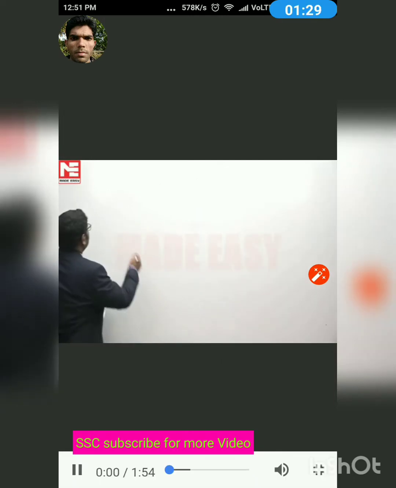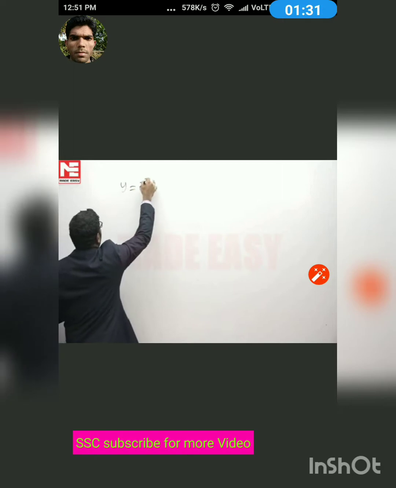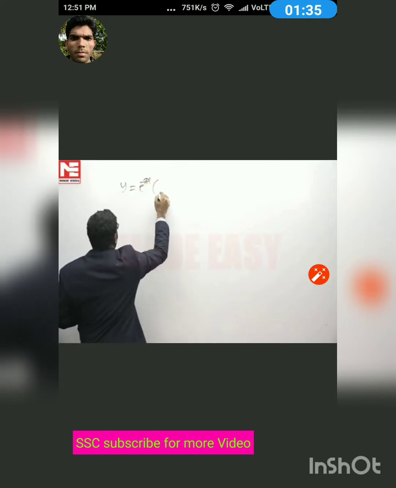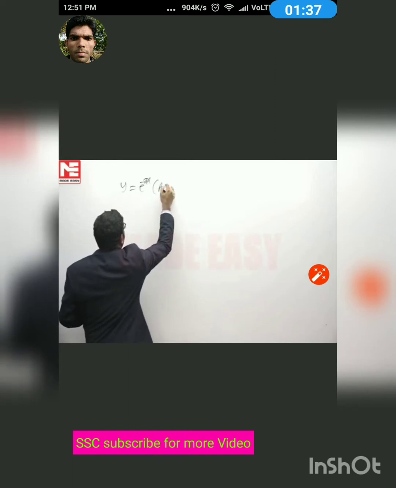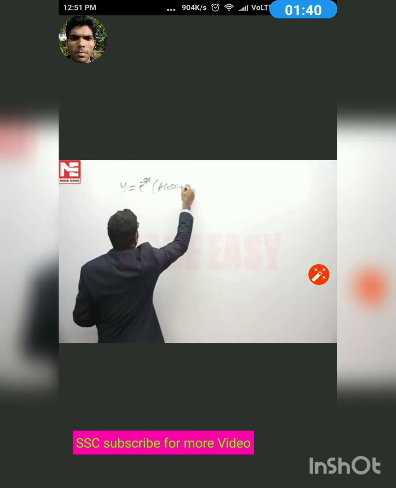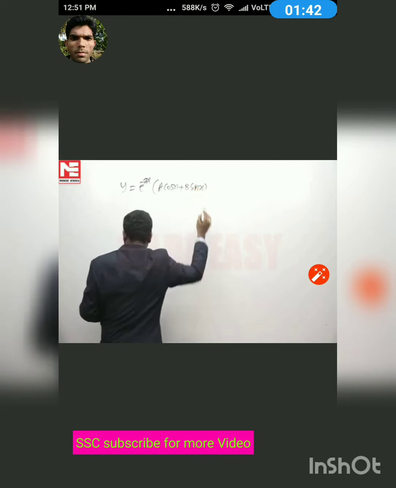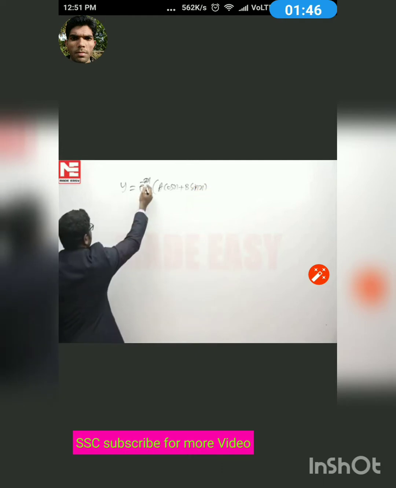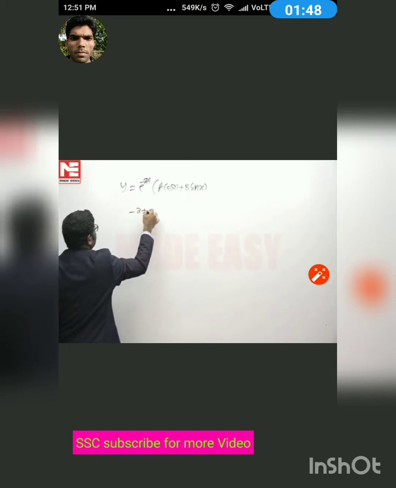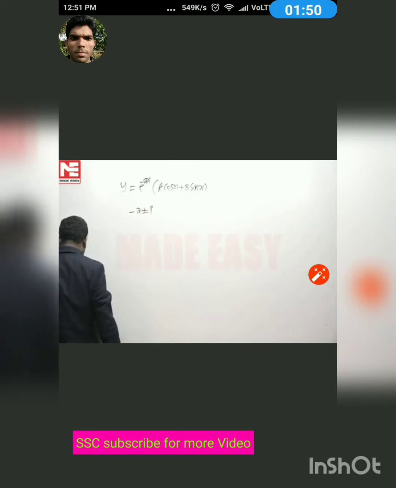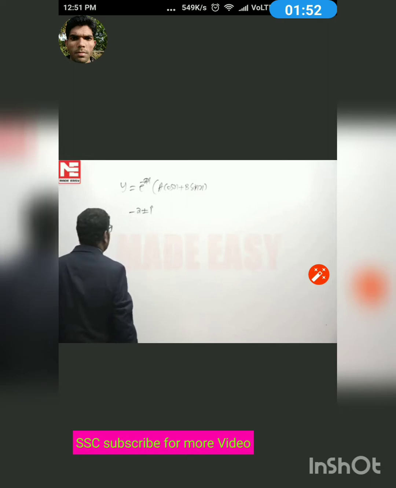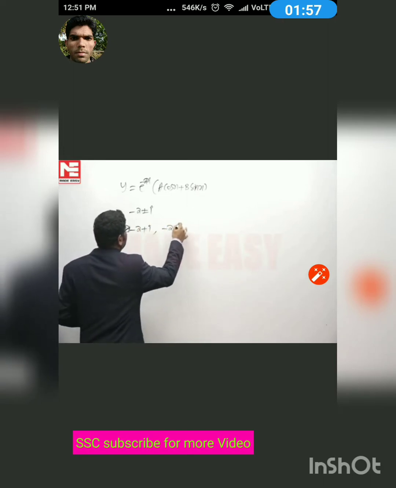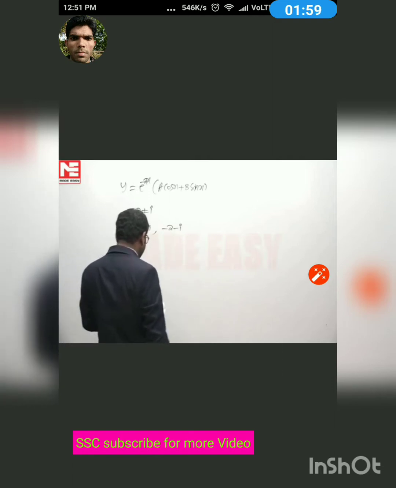In this problem, the solution is y equal to e power minus 2x of a cos x plus b sin x. Therefore, we can understand that the roots are minus 2 plus or minus i. So one root is minus 2 plus i, another root is minus 2 minus i. We have to find out